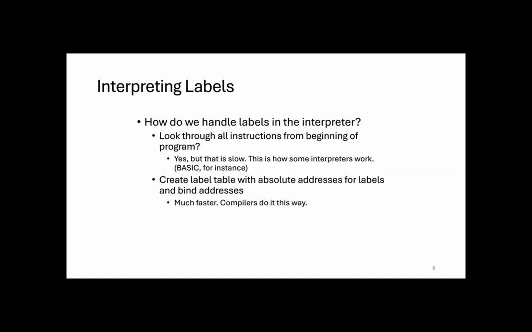So how do we handle the labels in the interpreter? How can we actually find where the label is and what address each label maps to? One way of doing it is whenever we encounter a label, we scan the whole program's instructions from the beginning, trying to find the -7, and then that label and what it maps to, which could be very slow because every single time we encounter the label, we scan the